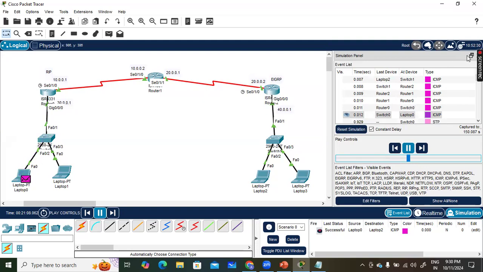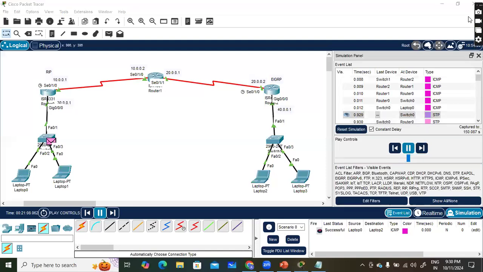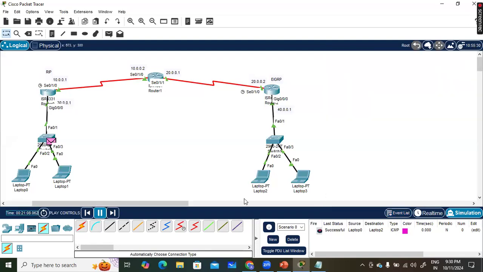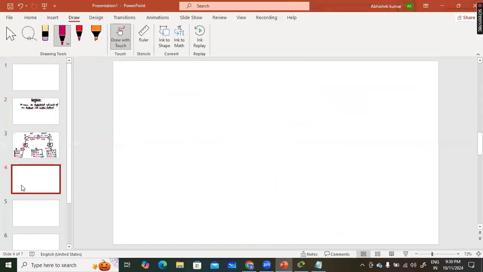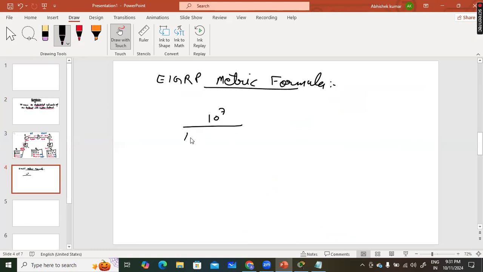Now what I'm about to discuss with you is SSH. Just write down SSH. But just before that, one thing I would like to tell you, the metric formula. Anyone here remembers the metric formula, or does everyone forget? EIGRP metric formula. What is the formula for metric? Tell me. 10 to the power of 7 divided by the lowest bandwidth from source to destination,